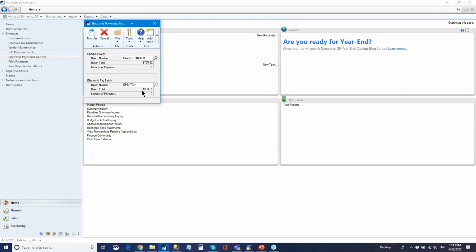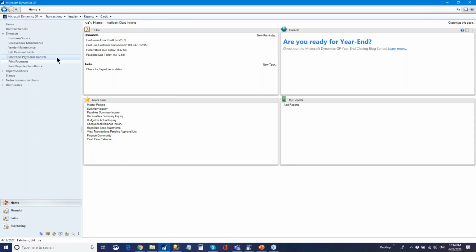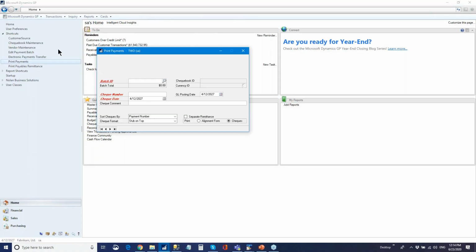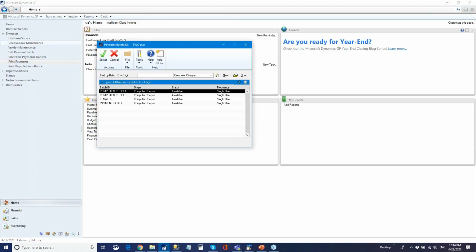So we're going to go ahead and do that, so we can see that we got a transfer out of that batch of 1 payment. That would be ABC Company, most likely because the other vendor is not set up for electronic payment. So it's going to remain in its own batch, and we can proceed with whatever other payment process we might follow for that. But for our electronic payment, we're going to proceed now with